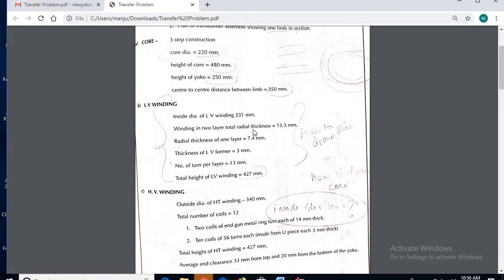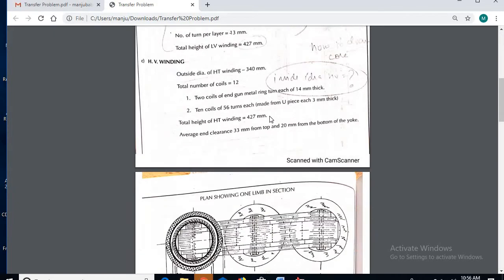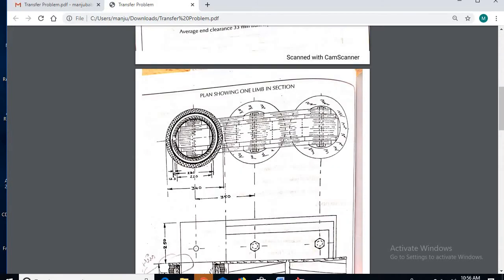Next, the outer diameter of the LV winding: we must add 13.3 mm thickness at one side, so at both sides it will be 26.6 mm. Here you can see this is the LV winding thickness, 13.3 at one side, and this side also 13.3, so 26.6 mm at both sides. Next, the outer diameter of HV is given as 340, so assume some inner diameter.